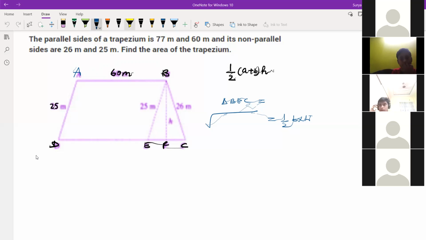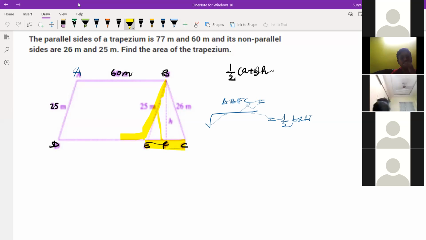Yes, sir. I found the length of FC. What is the length of FC here? Sir, I'm getting it as 5. I mean 10, sir. E to C is 10, no, Sairitvik? Sir, how is E to C 10? Because see, this line is a parallel line, right?